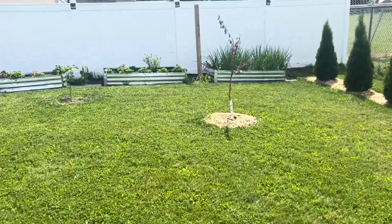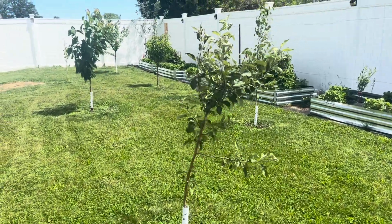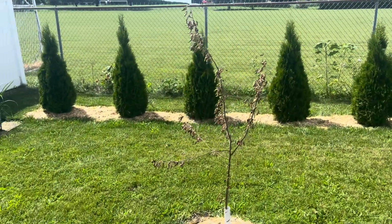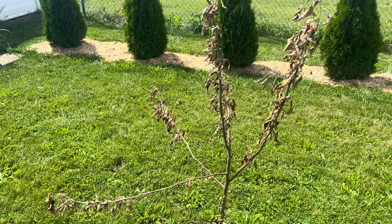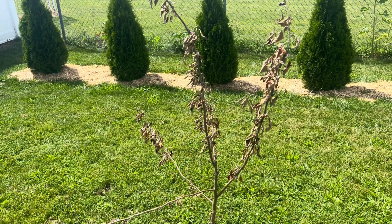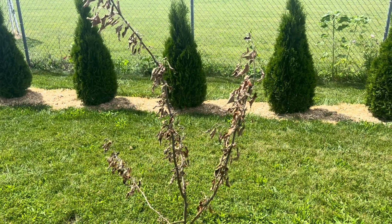So this is my Jonathan apple, and just for reference, here's my Honeycrisp, looking good, doing great. And then this is my Jonathan. So I did the scratch test and it's still green, but all the leaves are dying. I have watered it, it's getting the same amount of water as all the other ones. So I don't know whether it's got a fungus or it just is struggling this year, but